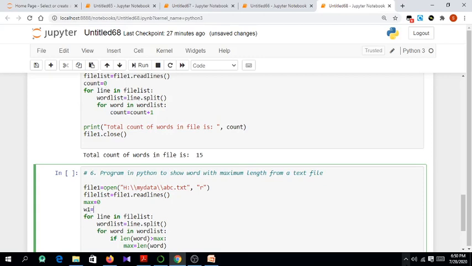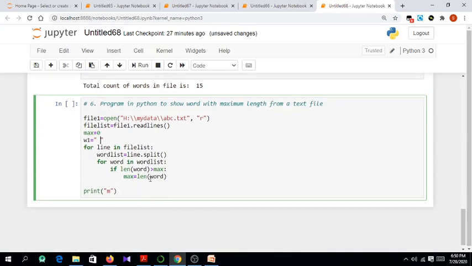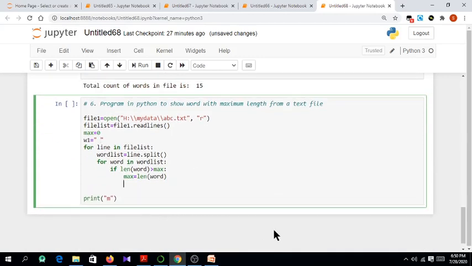This is the word, initially taken with length only 1. So every time I find a word having higher length, that will be updated to our word. Same thing, the length will be stored here in max, and the word with max length is stored in w1. So let us print